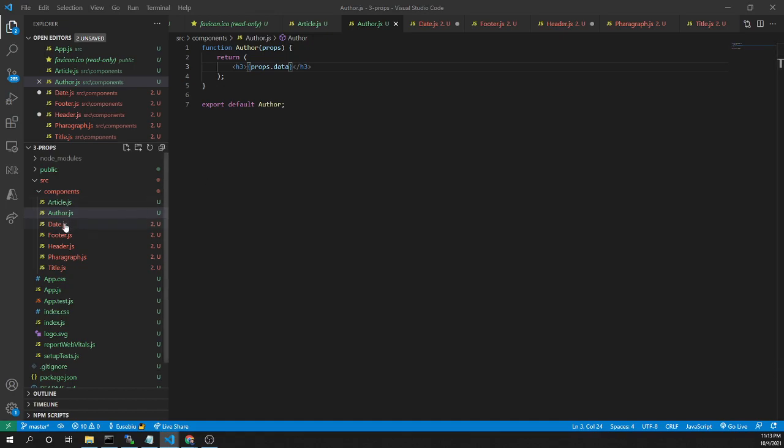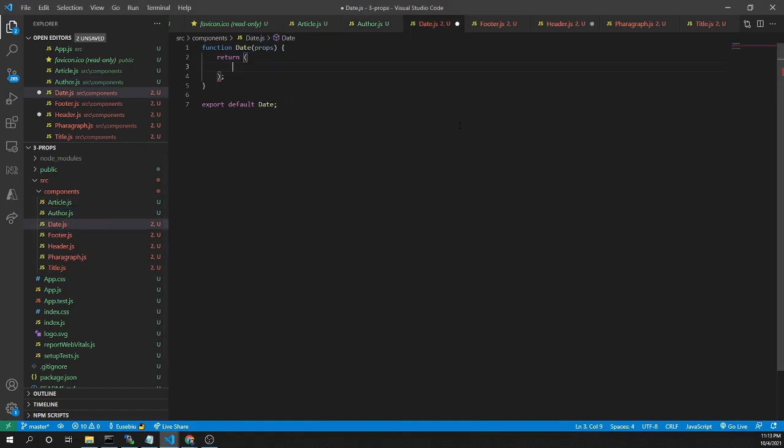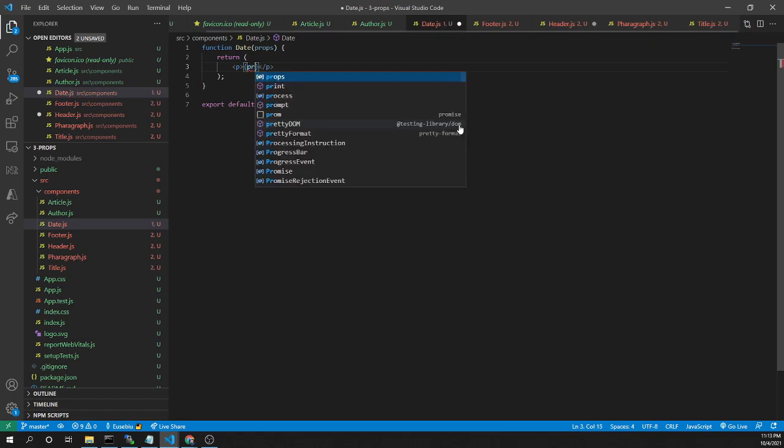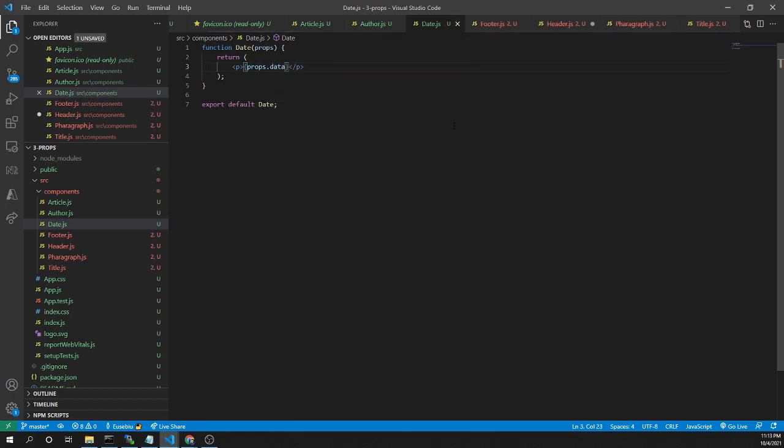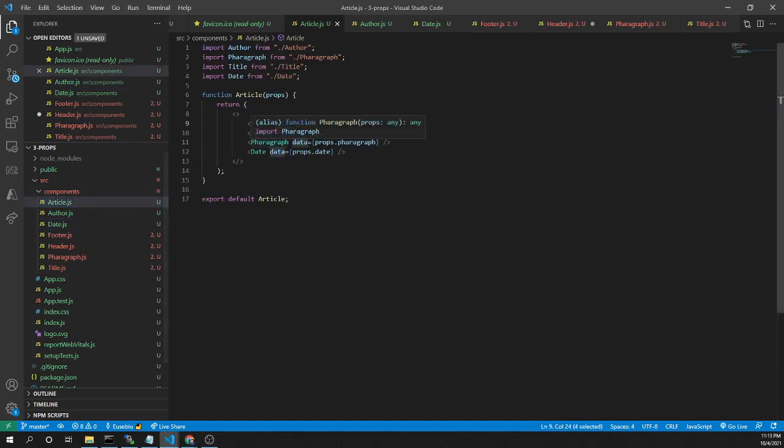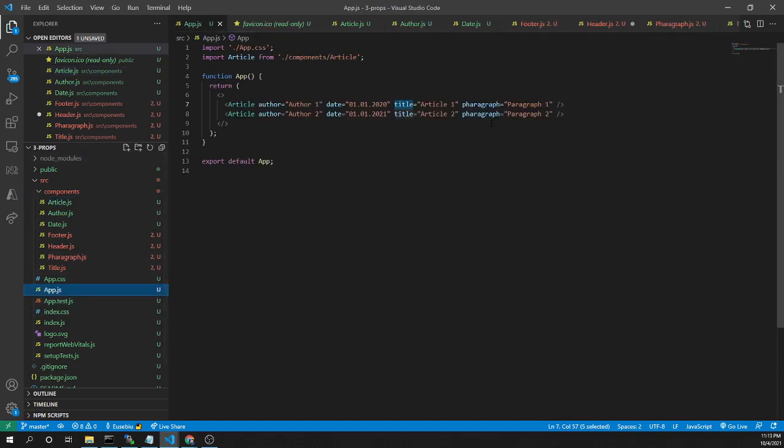Also in the date I need to have a paragraph, and here I'm adding props data, where props data is the data from here. It's props date. This means that this is the date from here.